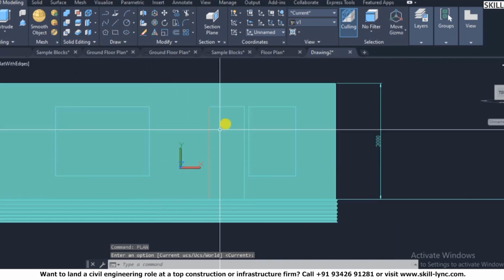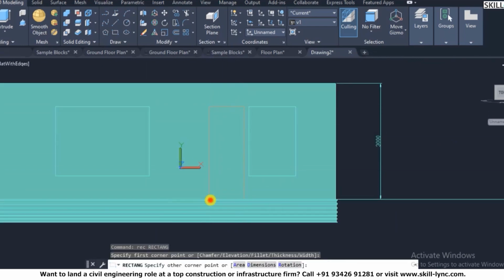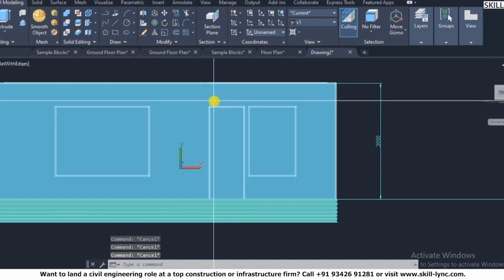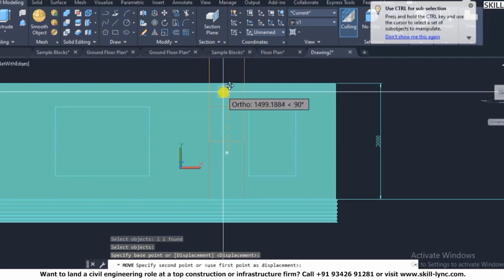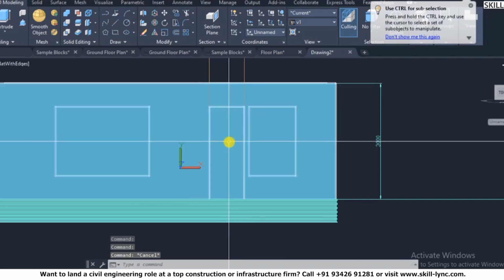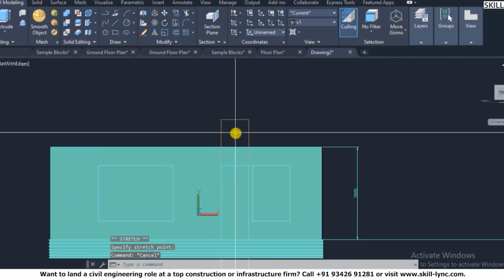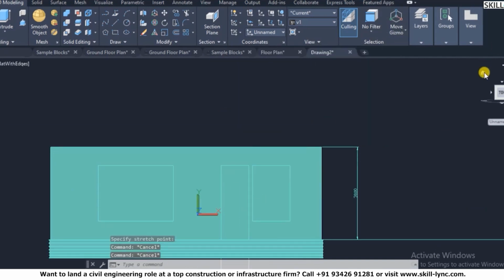So here I am creating a box, let's say move last. So I'm just stretching this to the part, okay, and bringing it here,